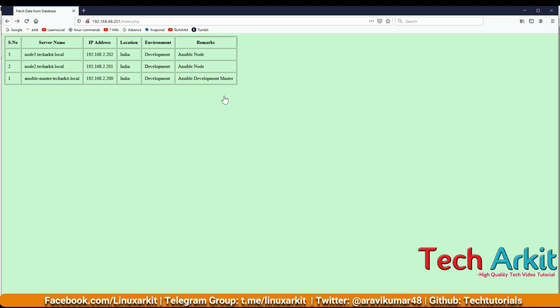So this is how my application works fine. I have successfully installed Apache, MariaDB and PHP, generated the MariaDB password, created the database and tables and all of this, and deployed the application with the Ansible Playbook. So